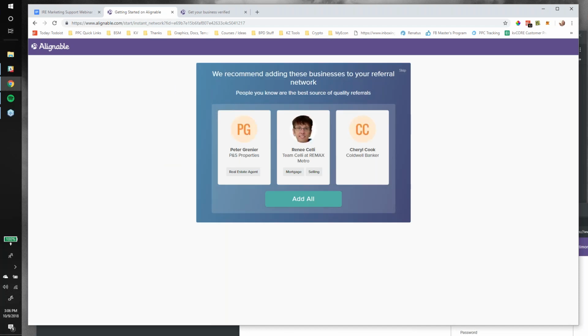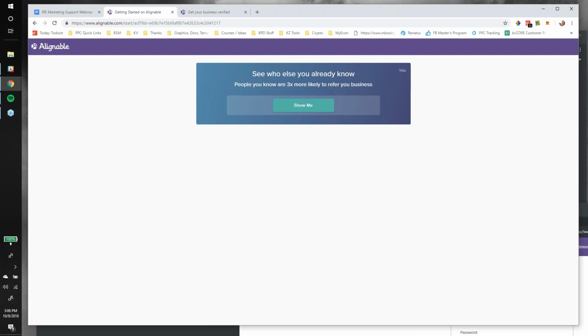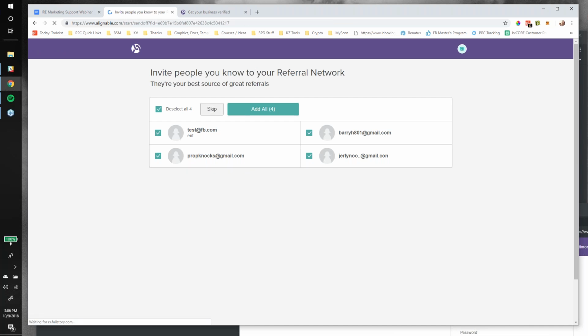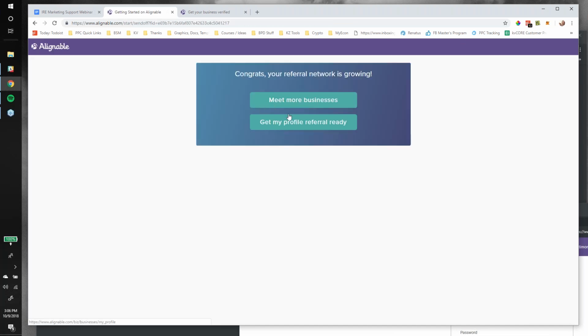But you might find that a lot of your contacts are in there, and it might be a cool thing to just say, okay, yes, everybody in my Gmail database, for example, go ahead and invite them to Alignable, because it's another channel you can connect on. And when they get to your profile, it's another chance, as we're about to see in a minute, they can interact with your conversion or KV Core site. So let's see this. And it's really working hard here to try to get me to connect with it, to hack into my stuff. So I'm going to skip the Meet More Businesses stuff.